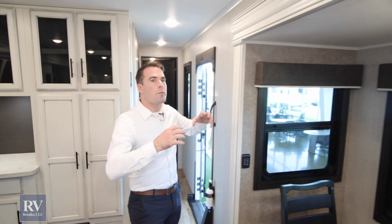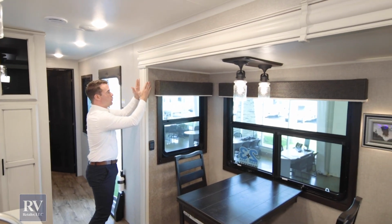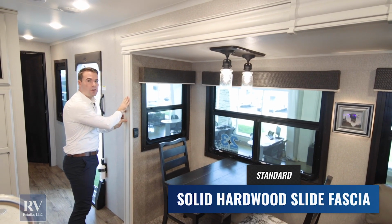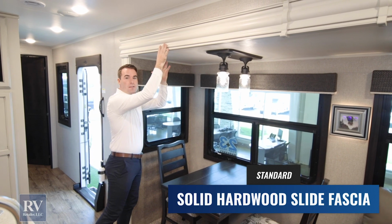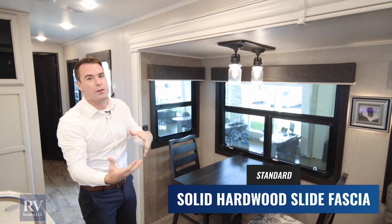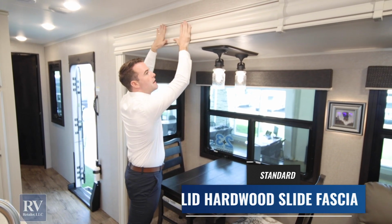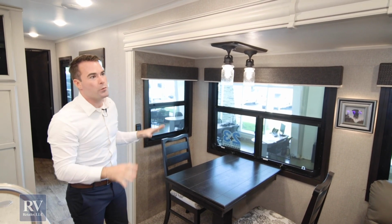Moving on, one of my favorite features as well about the Eagle Travel Trailer is actually this wood fascia on the slides. Other brands, believe it or not, are using wrapped foam on the fascias here, and they fall off all the time. They literally are falling off the slides. I go into other units and we have to constantly in our service department put them back on. Not the Jayco Eagle. This is all solid wood, crown molding, solid wood fascia,